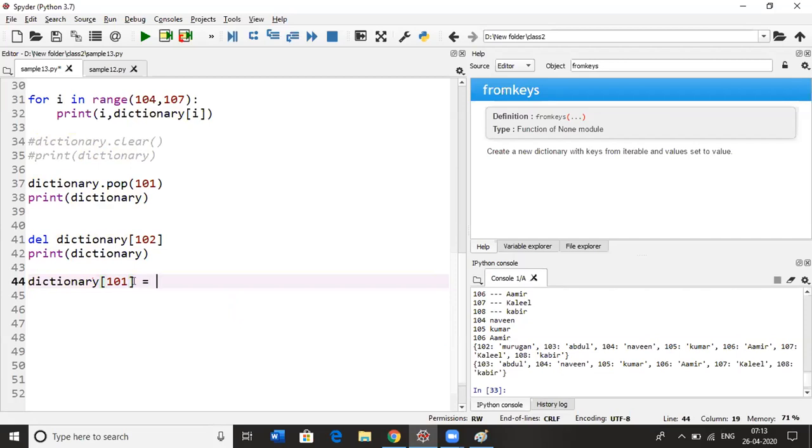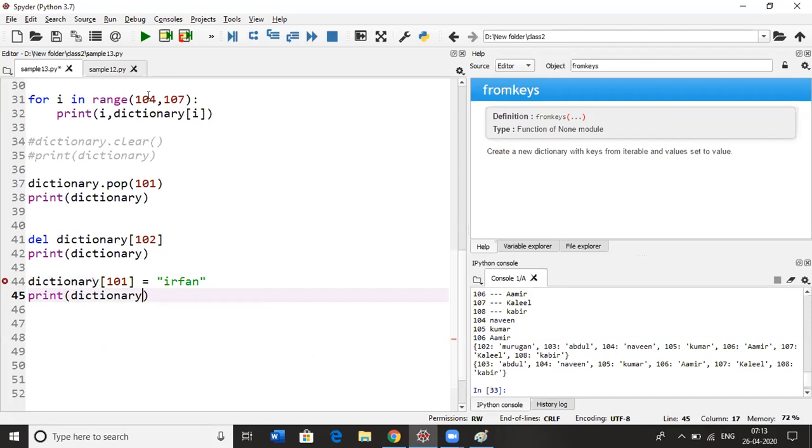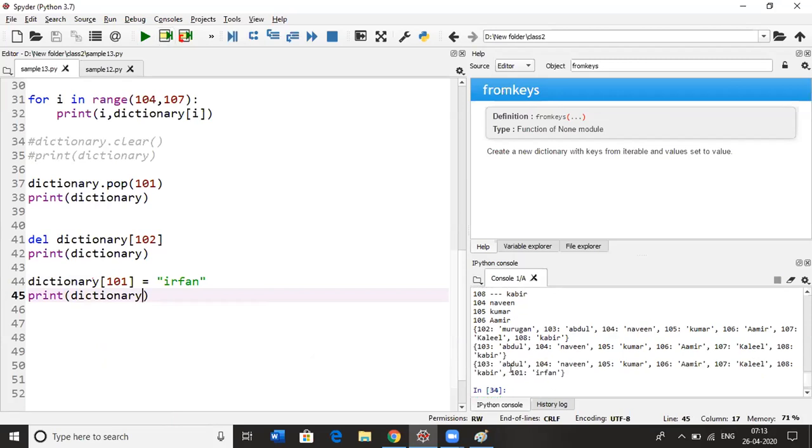So equal to, I need to give some values, and it will add. So it's added 101 F1.